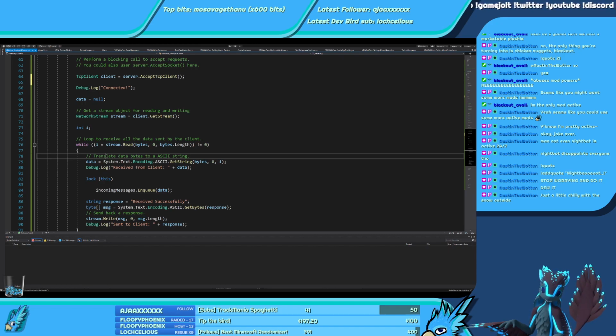And those are going to be written to the buffer. So i is an int. Why is it an int? Huh. I'm guessing this, doing it like this with read, gets the length. That's my guess.